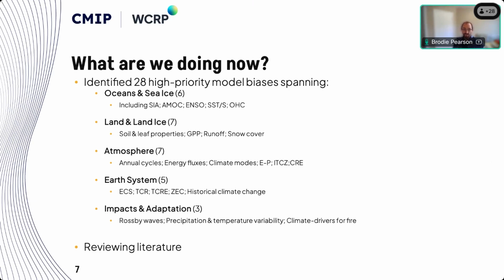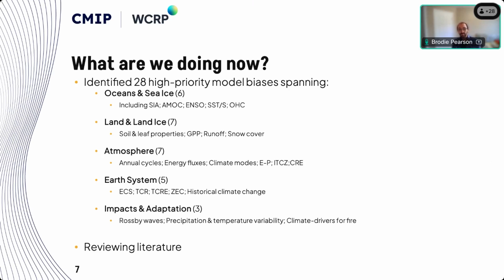When we're thinking about the coupled Earth system, things like climate sensitivity and climate responses, and the ability of models to simulate the historical climate change are all high priority things. And then we also have some impacts and adaptation things. So things like large amplitude Rossby waves, which affect the environment experienced by a lot of people at mid latitudes, precipitation and temperature variability, and climate drivers for fire. And in addition to identifying these, we're